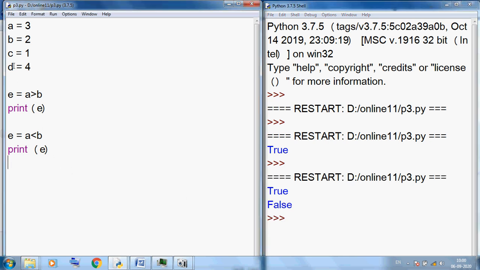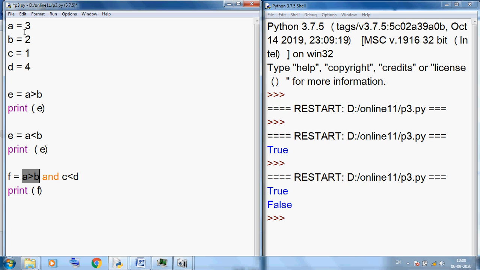Now we can also combine multiple conditions. Here I am using the F variable: A is greater than B AND C less than D, then print F. What is the output? First we check this statement.